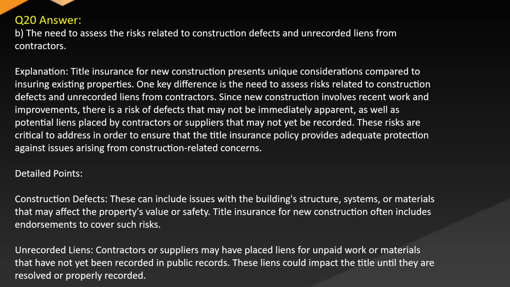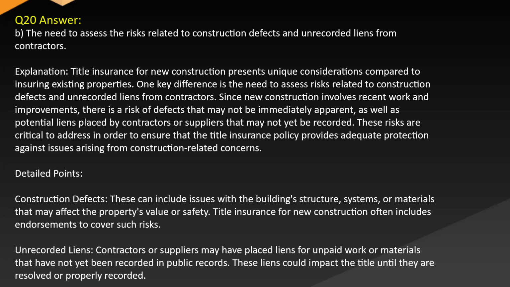Answer: B. The need to assess the risks related to construction defects and unrecorded liens from contractors. Explanation: title insurance for new construction presents unique considerations compared to insuring existing properties. One key difference is the need to assess risks related to construction defects and unrecorded liens from contractors. Since new construction involves recent work and improvements, there is a risk of defects that may not be immediately apparent, as well as potential liens placed by contractors or suppliers that may not yet be recorded. These risks are critical to address in order to ensure that the title insurance policy provides adequate protection against issues